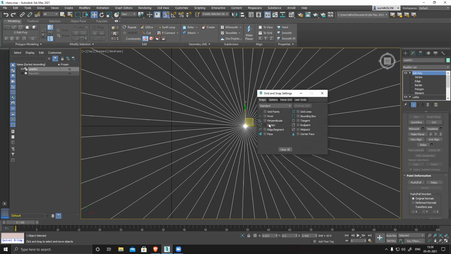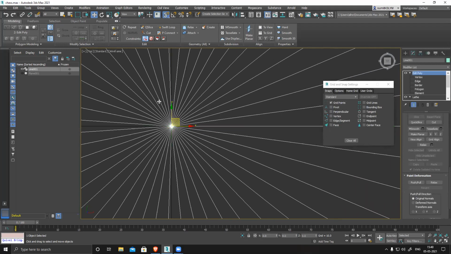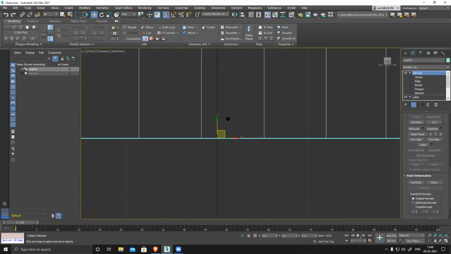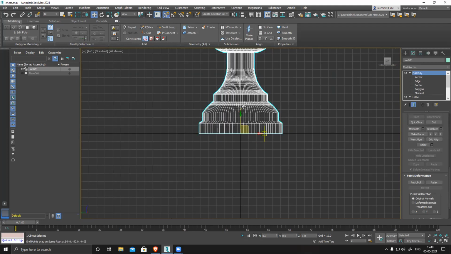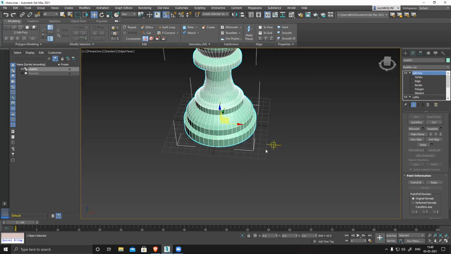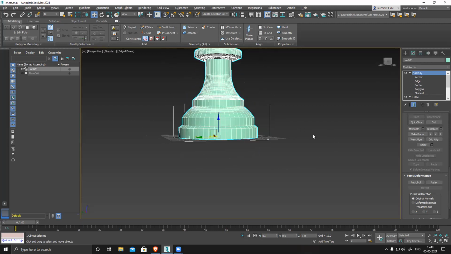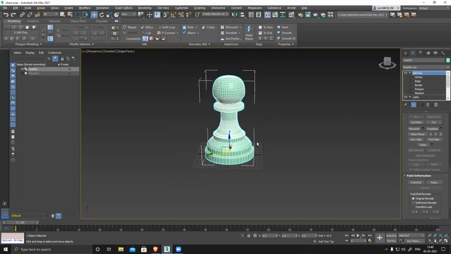Right click, grid point, and snap this to grid. See, perfectly snapped. Front view, correct. Top view, correct. Left view, every angle it's correct. See, center. So like this, you can make sure everything is centered and fix everything.